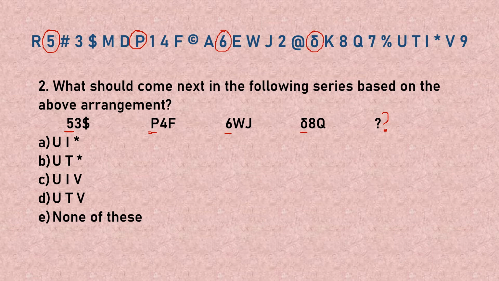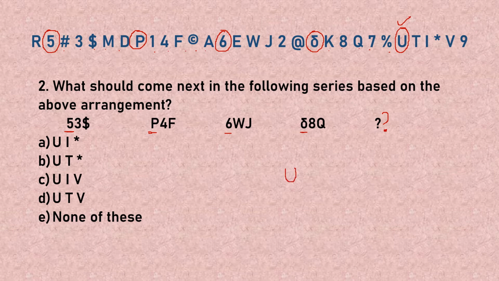If I observe this carefully, I find that there is a difference of 1, 2, 3, 4, 5. Then again 1, 2, 3, 4, 5. So we have a difference of 5 between the subsequent elements, and here again we find a difference of 5: 1, 2, 3, 4, 5. What do we get? We get a U here. That means the first element of our answer should be U.